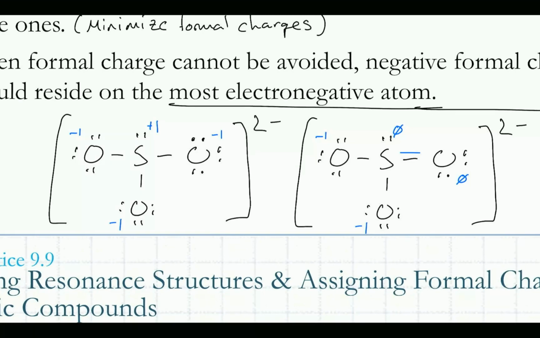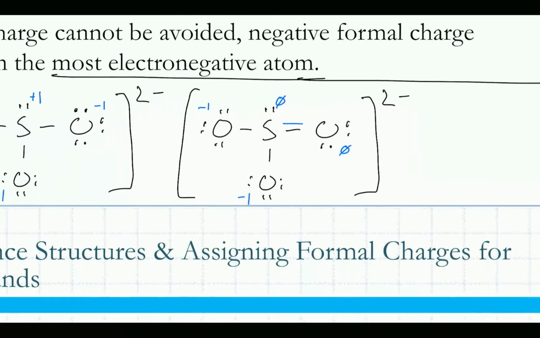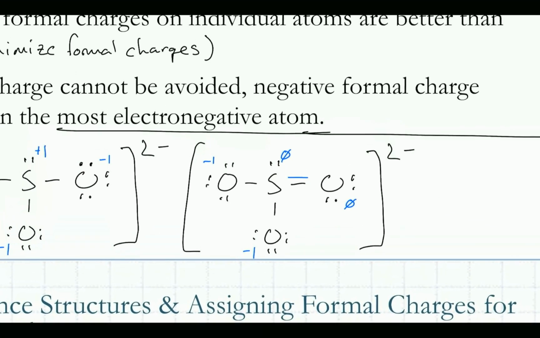The one with formal charges on everything, or this one that has fewer formal charges? Yeah, fewer formal charges. So if we can reduce the formal charges, it does mean that we have to use the expanded octet of sulfur, but that's okay as long as we're getting something else in return. So we go from 4 formal charges to just 2. Then you might say, why stop there? Why not just add another double bond? So if I add another double bond,